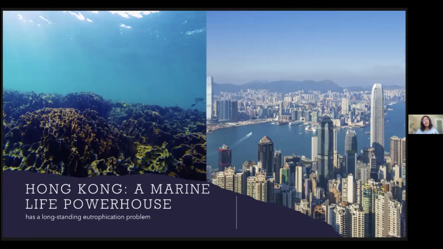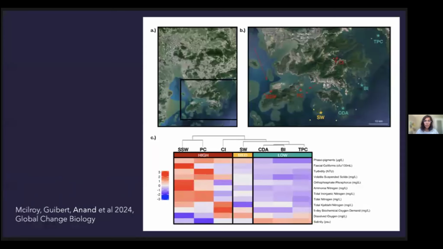I began to lead a project called the Marine Global Earth Observatories Program, Marine GEO. This was in collaboration with the Smithsonian Institution, and they were hoping to set up their first site in Asia. So Hong Kong was the first site. What I'm showing you now is a map of Hong Kong, Hong Kong's special administrative region, and I have the bar of zoom right on top of the map.